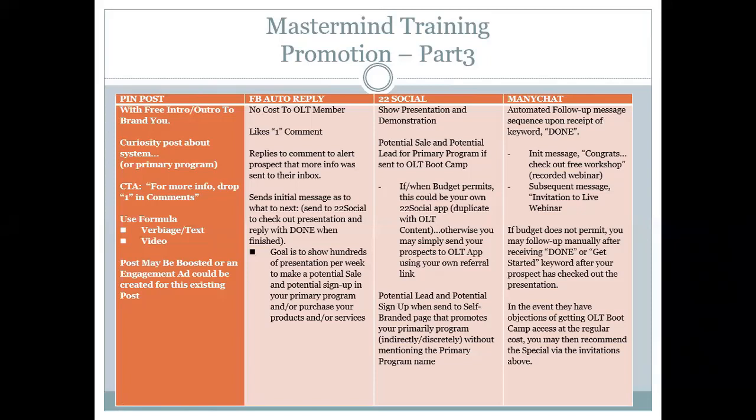When they check it out, we alert them to go to 22 Social to check out a presentation and reply with "done" when finished, right? So if you have the 22 Social application, then they will go to your 22 Social app that's duplicated with